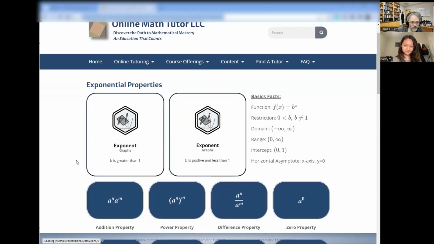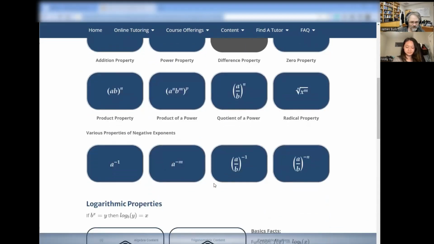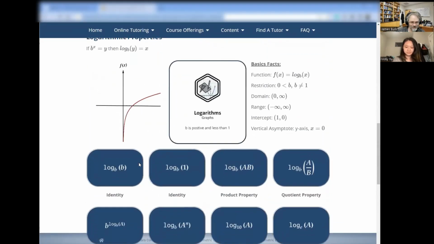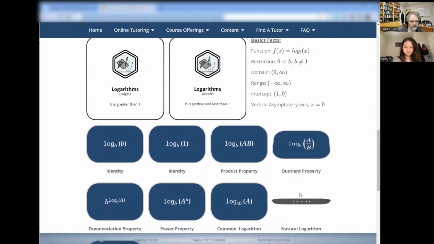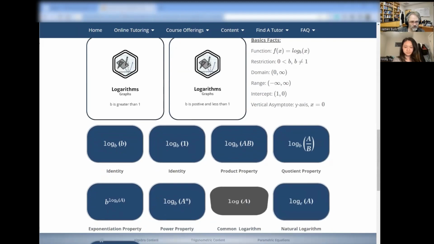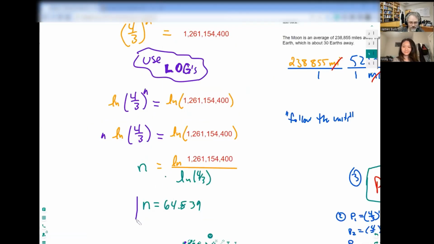So over here, what I have for all my students is they have access to the website. So you have access to using all these properties of exponentials. And look down here, Vicky, look at this. All your different logarithm properties you need to know. So I'll drop this over in the chat box for you. There you go. And you can bookmark this website and come back to it whenever you need to. Okay, thank you. Okay. Now, let's go back to this one.